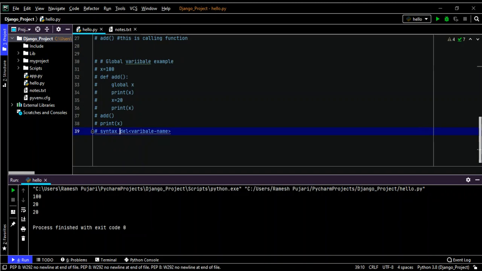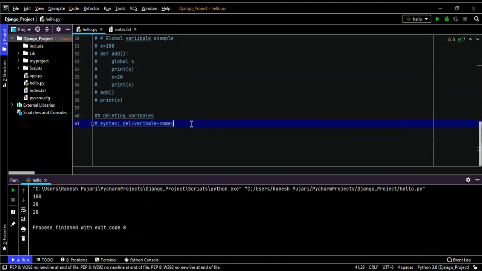Now I'll make the heading here so you can understand properly: Deleting variables. The syntax is del and variable name.